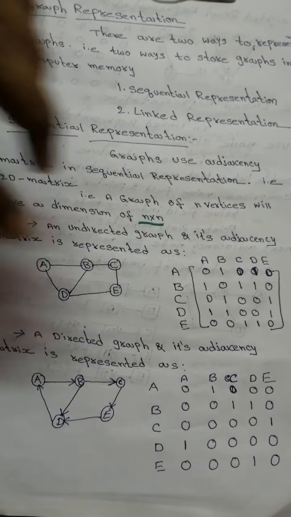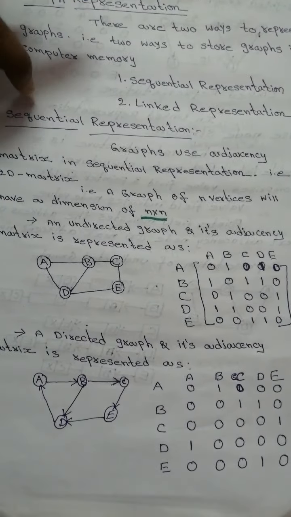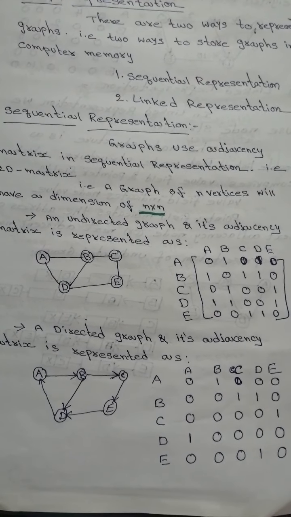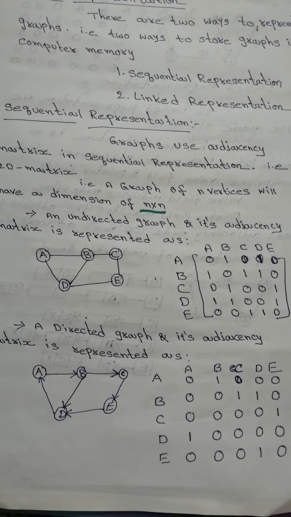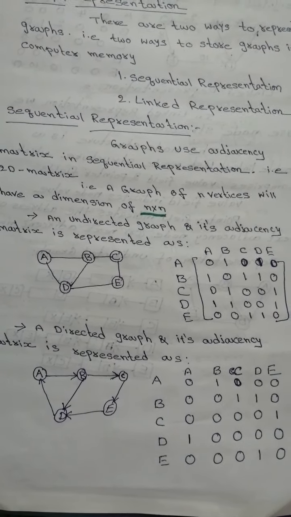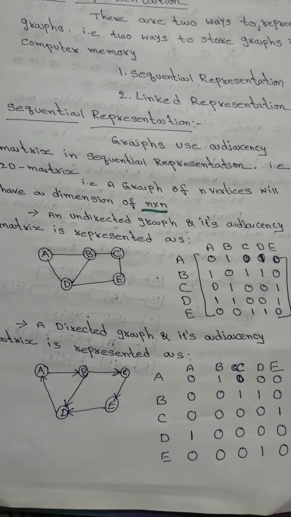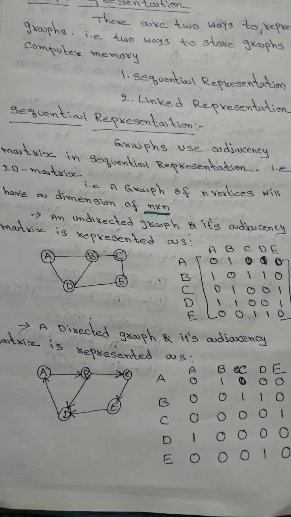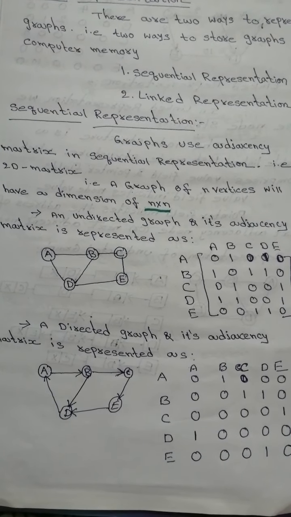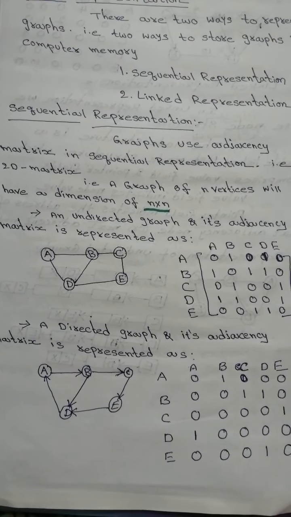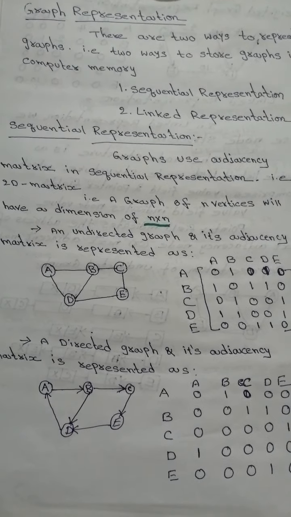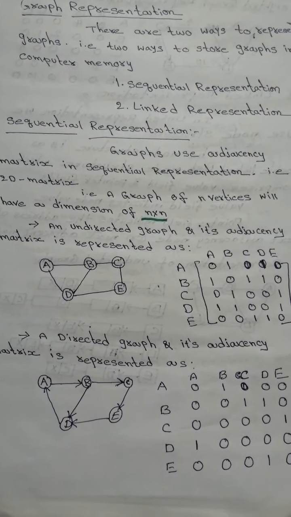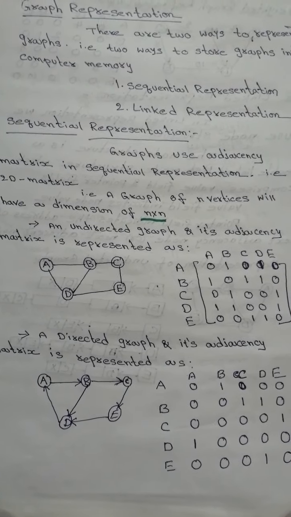Listen. Why we are using this sequential representation or linked representation is to denote the graphs in the computer memory. Where is it used? Take the Google Maps example: whenever we need to track the location, or find the route, there may be three or more routes displayed, but the shortest route that we consider is the one to be represented.